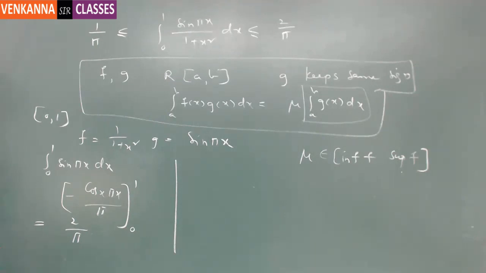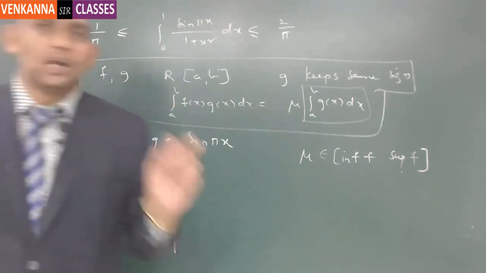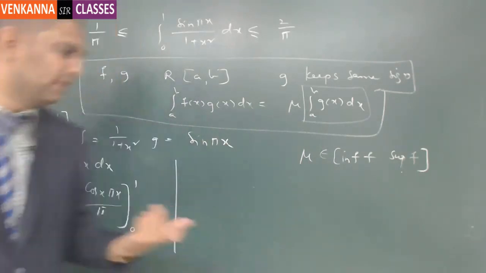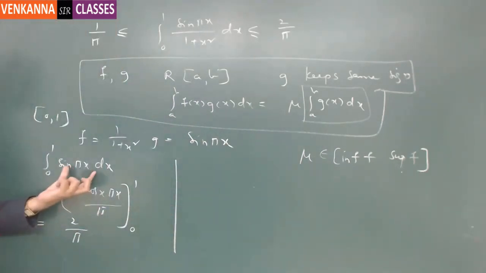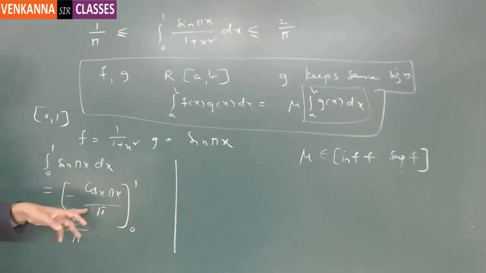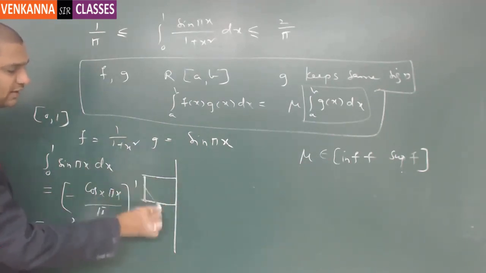And please understand this. While calculating the integration of integral a to b g of x dx, we always make use of the fundamental theorem. So what does it mean? After writing this integration, we should not write straight away that this is equal to minus cos pi x by pi from 0 to 1. We should not write like this. So at this part, you should mention the box which I have given earlier.